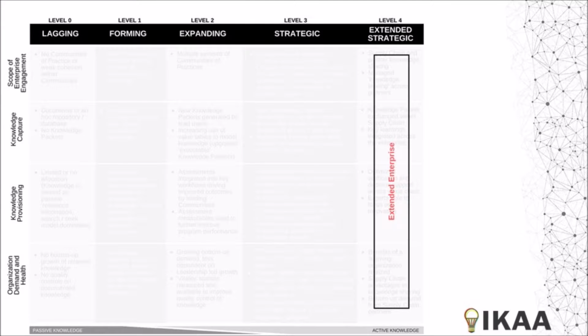And then finally, level 4 is titled Extended Strategic. So at this level, the corporate commitment and application of Knowledgeware extends beyond the traditional borders or boundaries of the enterprise. Bidirectional knowledge sharing with the supply base advances a closed-loop learning cycle. Decision assessment and decision support exist across the value chain.